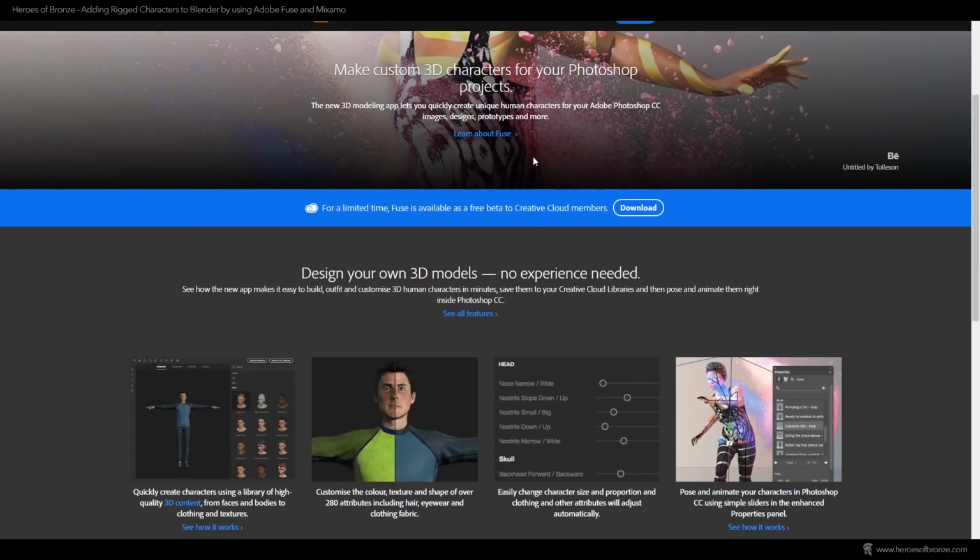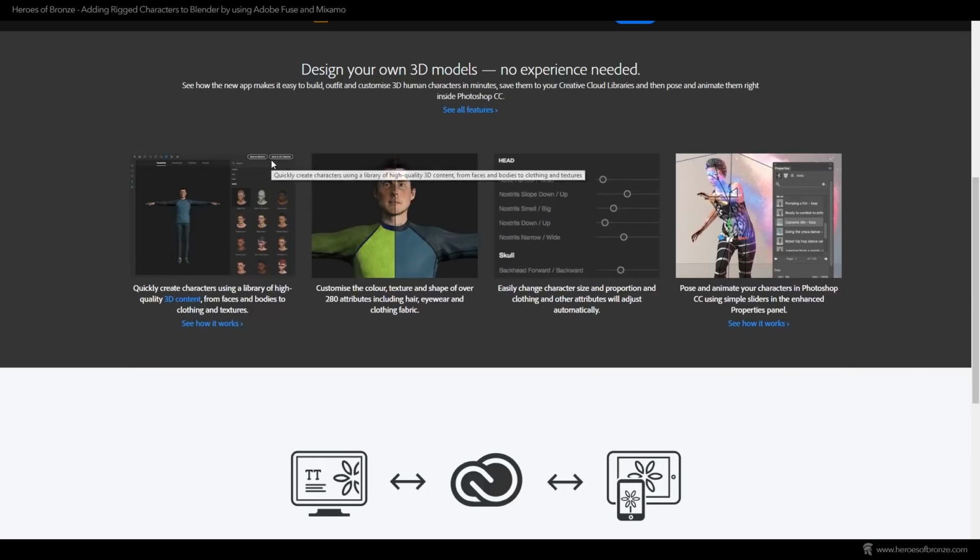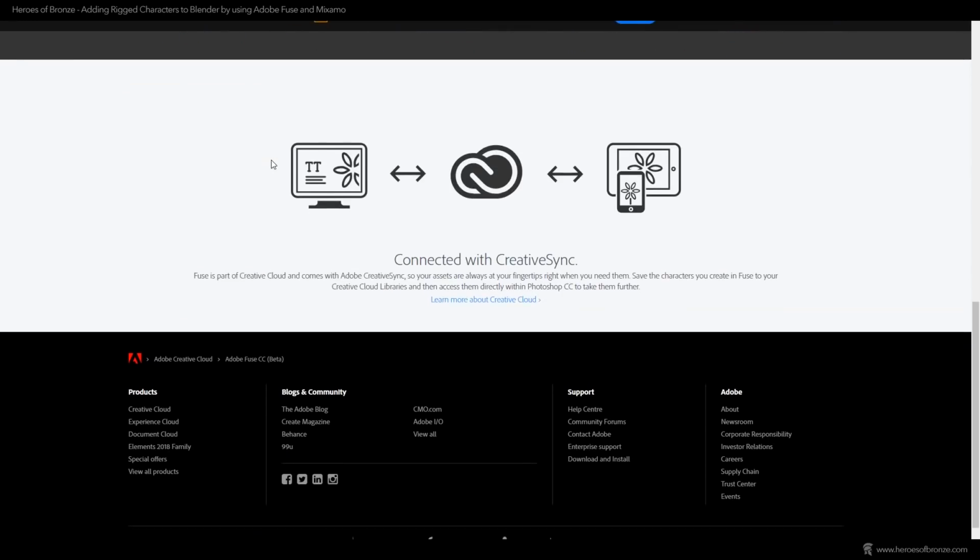First of all, you'll need to have an Adobe ID to be able to download and open Fuse. If you don't have one, just head over to the Adobe website, create it, and then you can get the Creative Cloud app and download it from there. From that point starts your 500-day long trial, which is quite enough to experiment with the software all you like.